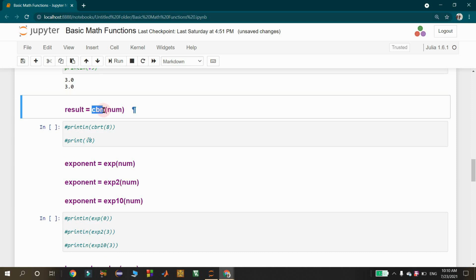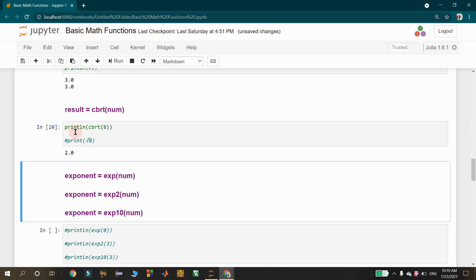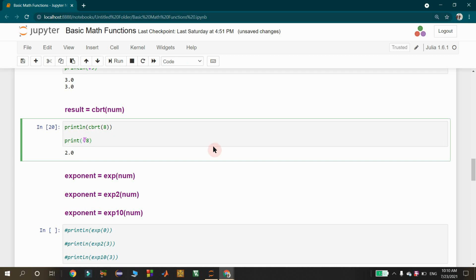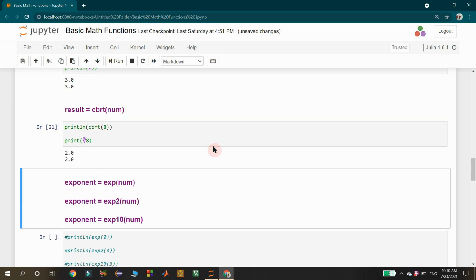And then we have cbrt as a function to compute the cube root of the given number. As an example, I am considering 8 here. Then the cube root of 8 is 2. Here also we can use the cube root symbol as a function. Then I am going to show how you can get that symbol. I am using the escape character backslash, then typing cbrt, and pressing the tab key. Then we got the cube root symbol. Then for that function I am applying 8 as input. If I run this cell, again I got the cube root of 8, 2 as the value.